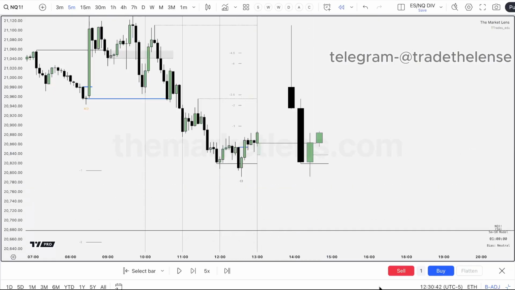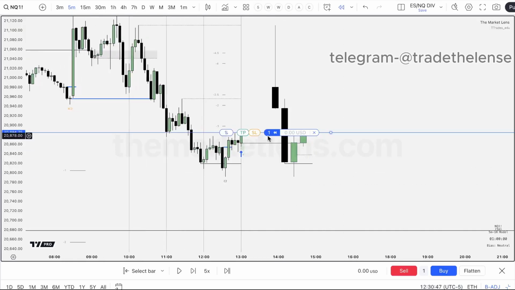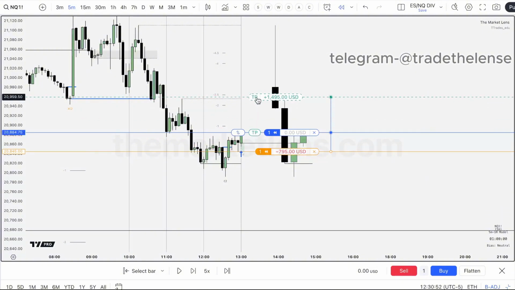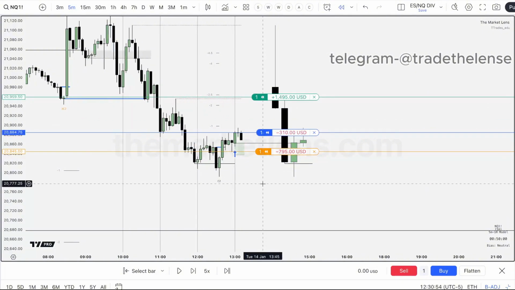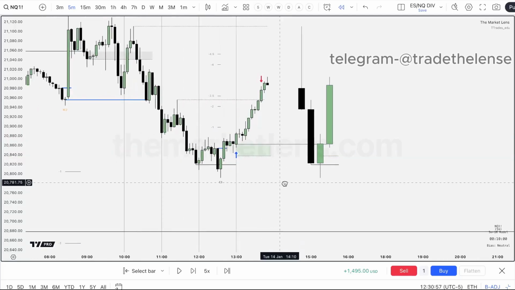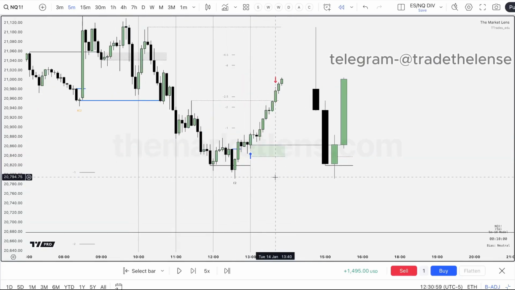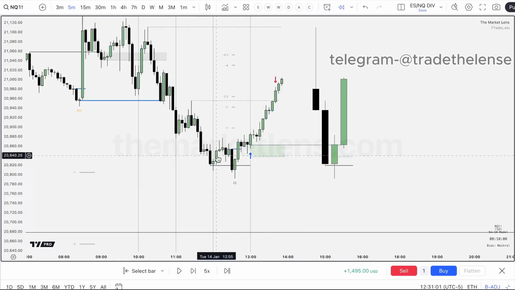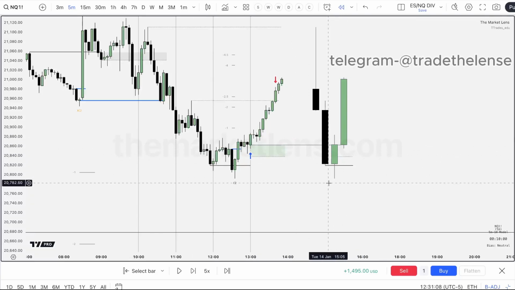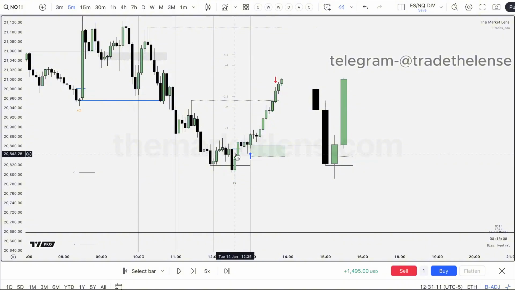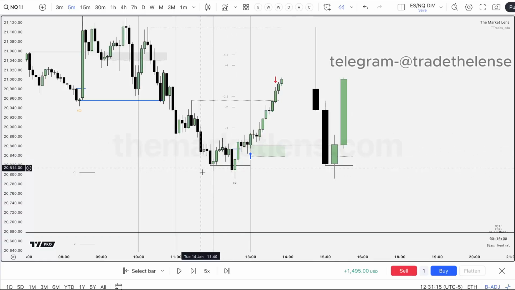Here's the long setup, and I know someone actually took this one, and I think they took it right here because of the closure. They're stopped there. 2R, right around there. So it's hard for me to help with that because that's not how I view price. I don't look at a pattern in the market. I'm looking at a higher time frame closure and then the change in the state of delivery, right? That's why I have it set up that way, because it filters me out of stuff like that.